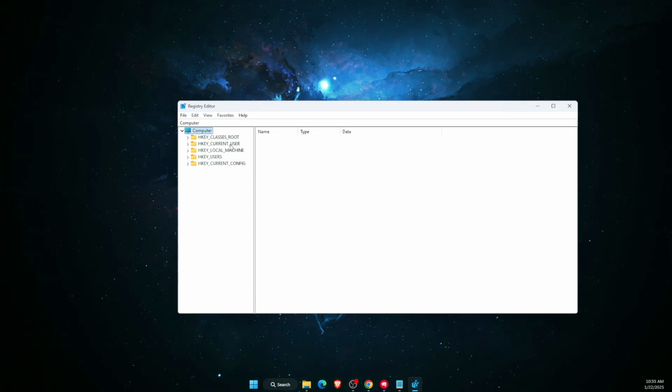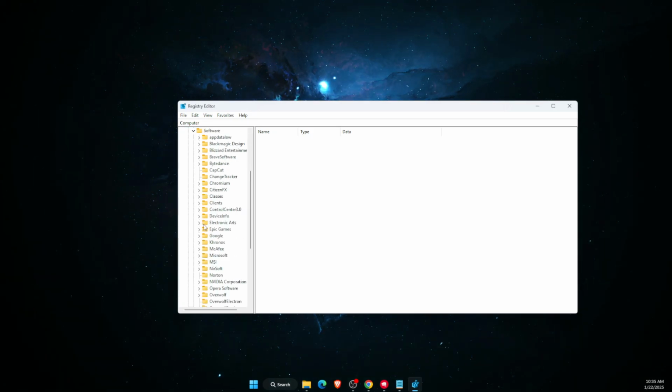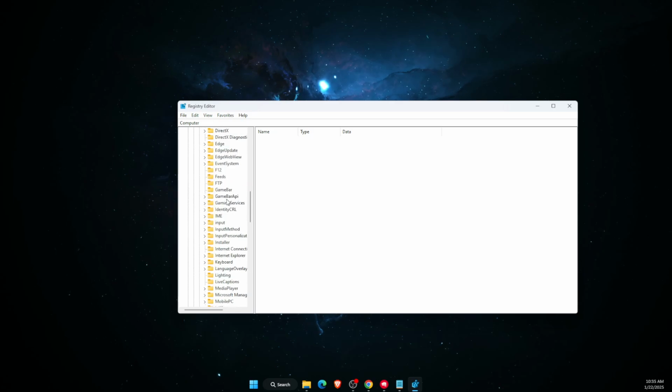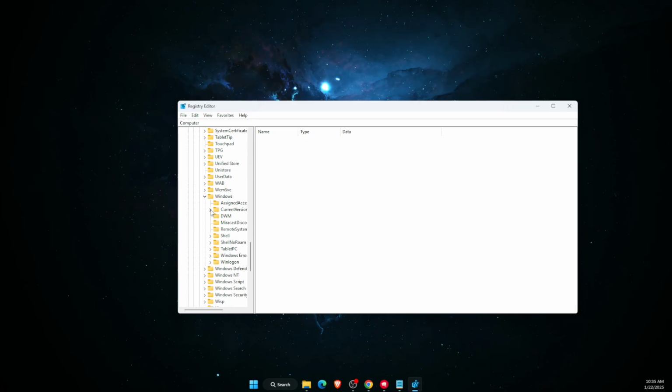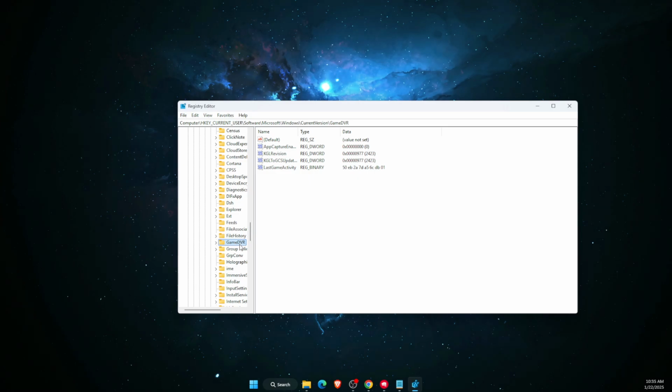You want to open up HKEY_CURRENT_USER, expand it, then go to Software, expand it, and find Microsoft. Again, expand it, and now you need to find Windows. So scroll down and expand Windows. After you are here, you want to choose CurrentVersion, expand it, and from here you want to find GameDVR,